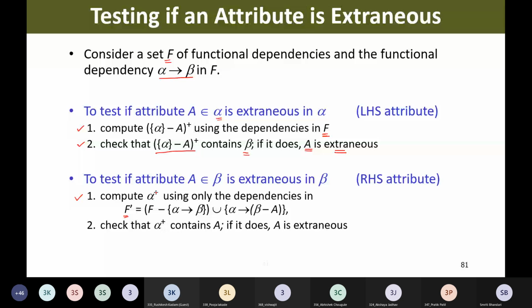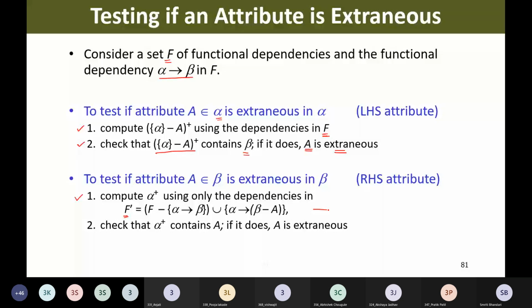How to form this F dash? In the similar way that we followed earlier. F dash is equal to F minus alpha beta union alpha determining beta minus A. Meaning, simply given F, you just omit the attribute under consideration from the respective functional dependency, and whatever remains is nothing but F dash. So compute alpha plus by making use of this F dash and check whether alpha plus